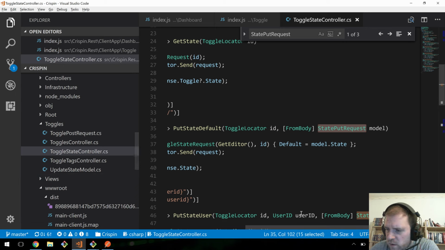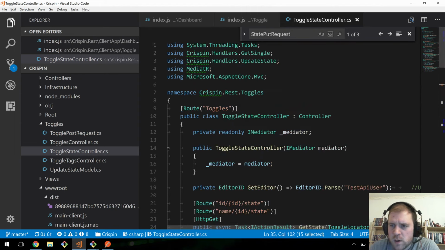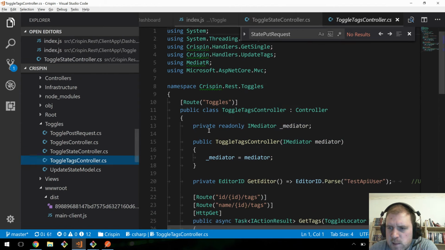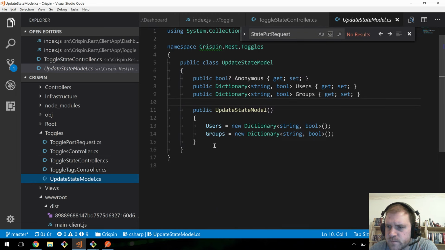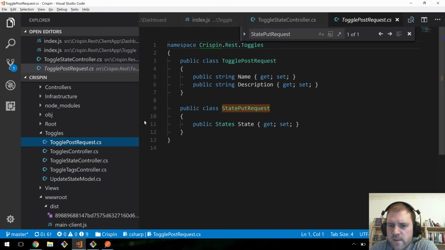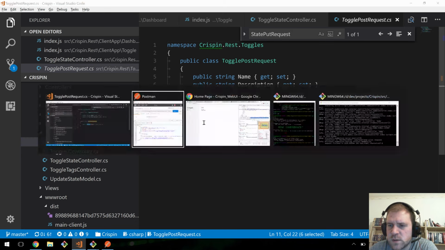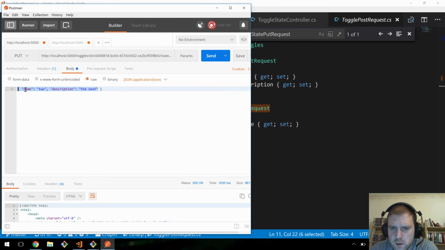It's got to be hiding in another controller class, isn't it? Not on that one. It's not that. Ah, there it is. State. So if I put a body with the word state,